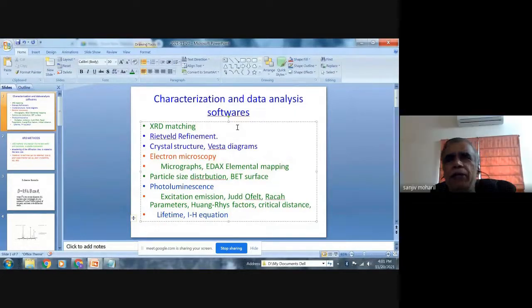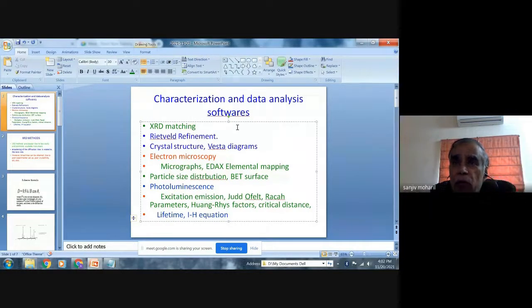So basically, we would like to know, once we prepare the sample, what sort of measurements we can make and what are the softwares which we can use. The first step in the analysis is to be sure that the sample we have prepared is the same as we planned, or if not, what else we have prepared.